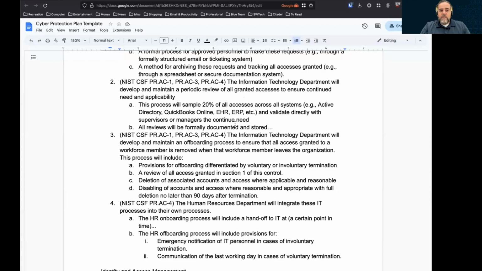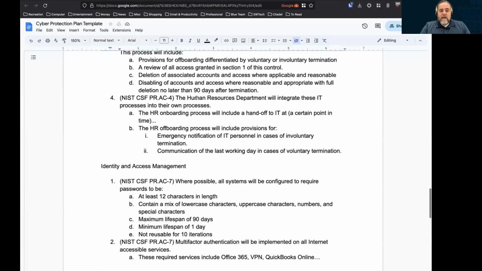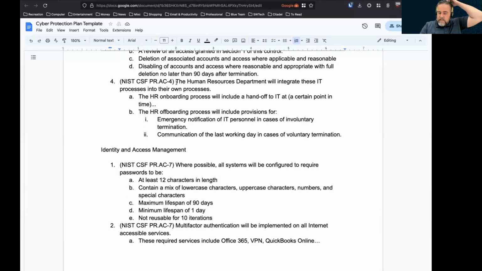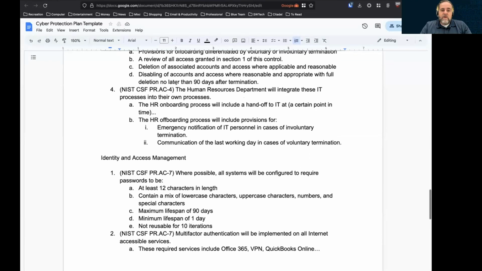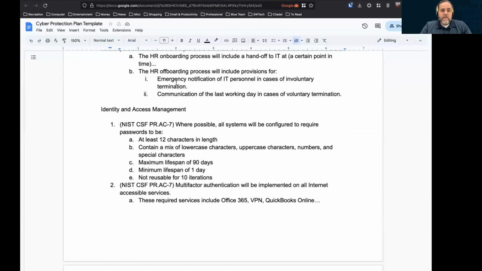And then the information technology department will develop and maintain an offboarding process. So that's the termination side. So there's the life cycle of your accounts. One little add-in down here: a lot of times the HR department and the IT department are not connected in any way, shape, or form. So you do have to make that declaration that HR is going to work with IT. Sometimes it's a throw-it-over-the-fence. Sometimes the IT people are just like, hey, nobody ever tells us anything. When accounts are being created, you'll often see that connection works just fine. But when employees are leaving, the IT department is usually the last place to know. So you want to make sure that's in there.